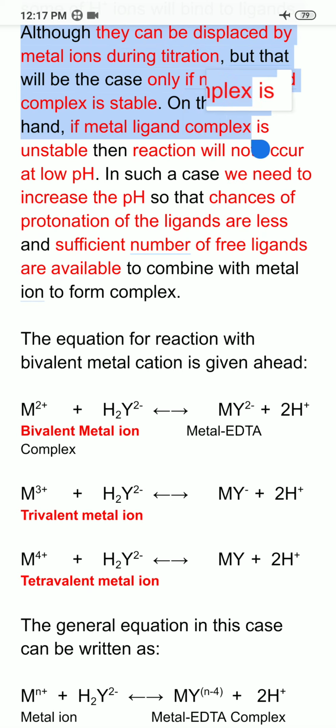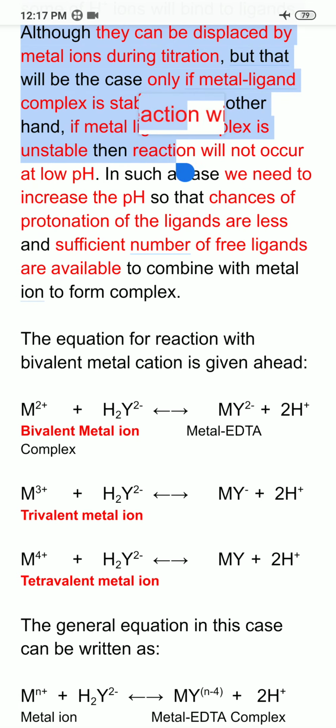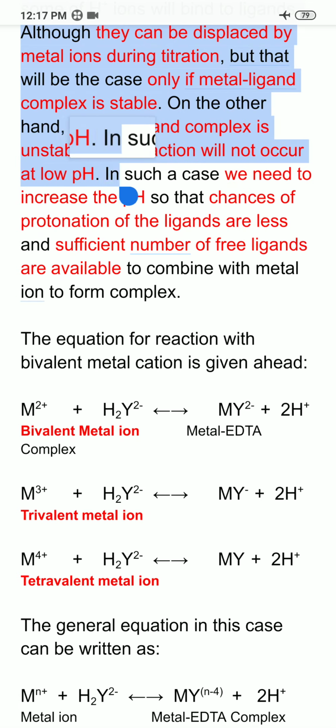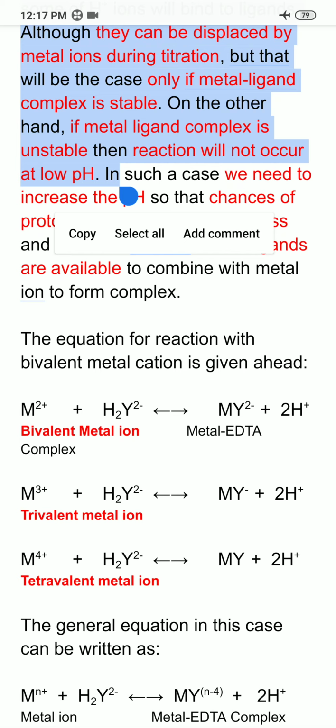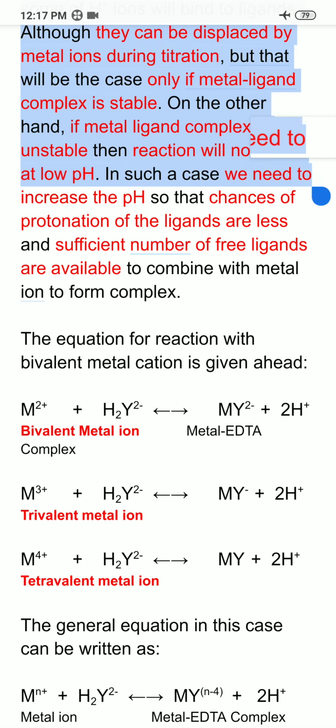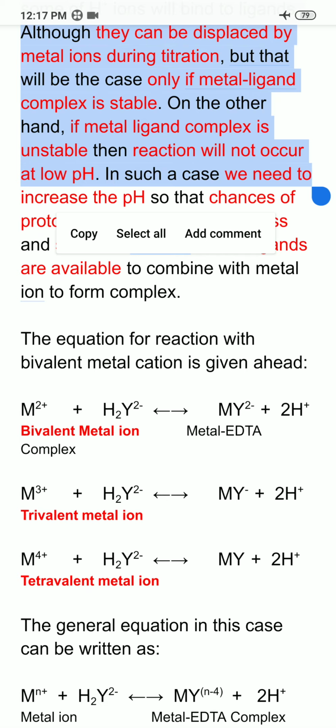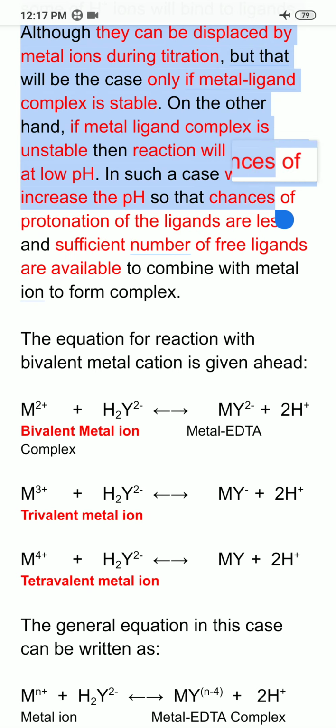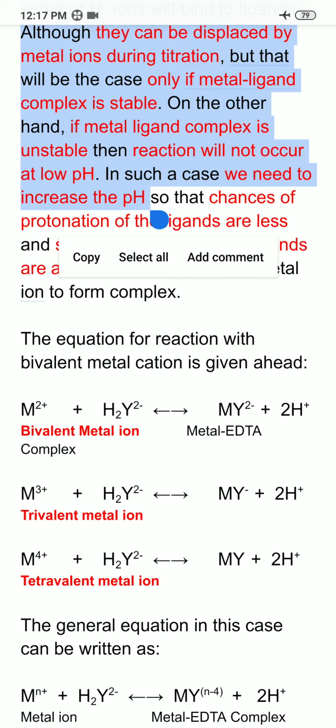On the other hand, this is the text I made you understand. If the metal ligand complex is unstable, then the reaction will not occur at low pH. And in such a case, what will we need to do to carry out the reaction? If the metal ligand complex is unstable, then metal will not be able to displace the proton from the ligand. In such a case, in order to remove the proton from the bound ligand, we need to increase the pH. Why? Because if we increase the pH, then OH ion concentration will increase, so that OH ion will remove the proton from the ligand,